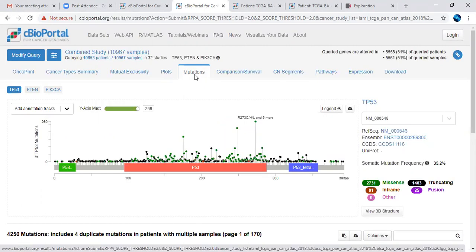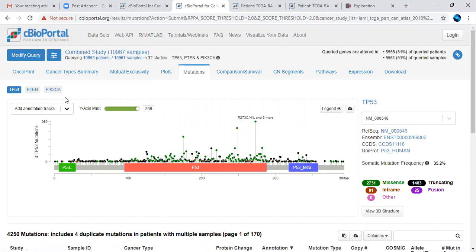So what we have seen in the GDC portal. So like this, the plot you can see with respect to only the search option which we have given, P53, in the GDC portal. Here we have given more than one particular gene of our interest, and likewise the plot has been generated. This is nothing but the lollipop plot. Here they are showing the TP53 mutations, and the plot has been generated with respect to the missense mutations, amino acid chains.